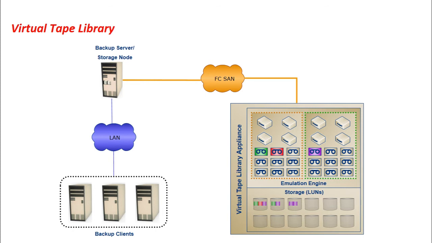Similar to a physical tape library, a robot mount is virtually performed when a backup process starts in a virtual tape library. However, unlike a physical tape library, where this process involves some mechanical delays, in a virtual tape library it's almost instantaneous. Even the load to ready time is much less than a physical tape library. After the virtual tape is mounted and the virtual tape drive is positioned, the virtual tape is ready to be used and backup data can be written to it.